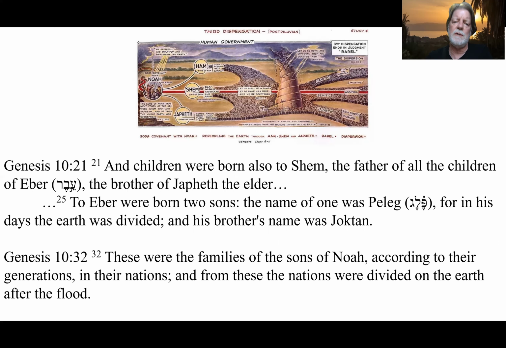Genesis 10:21, children were also born to Shem. So we've talked about Ham's descendants, Japheth's descendants, and now we're talking about Shem's descendants. I don't want to talk about all of them, but I want to talk about a couple of them. Shem was the father of all the children of Ever. Ever